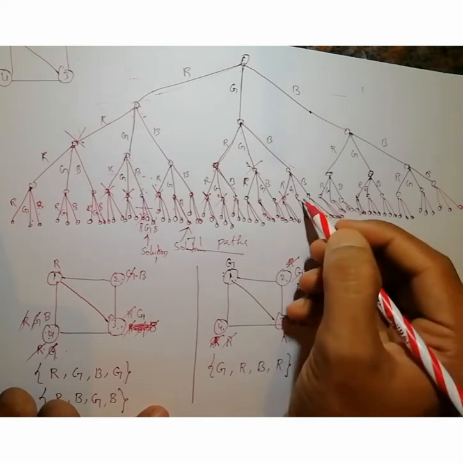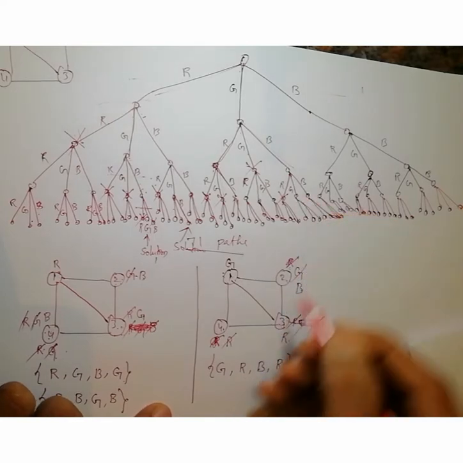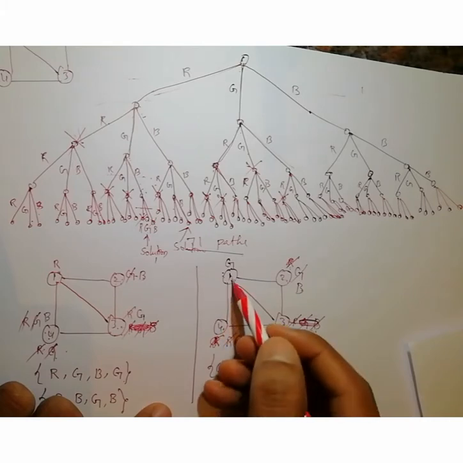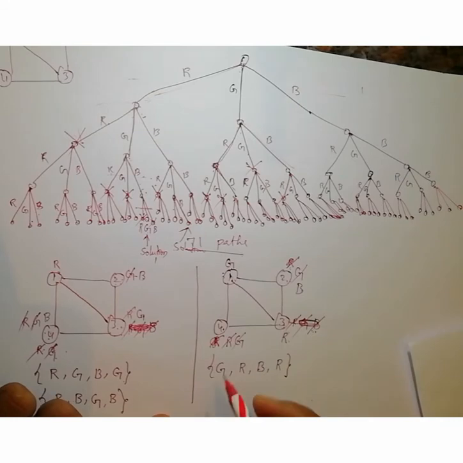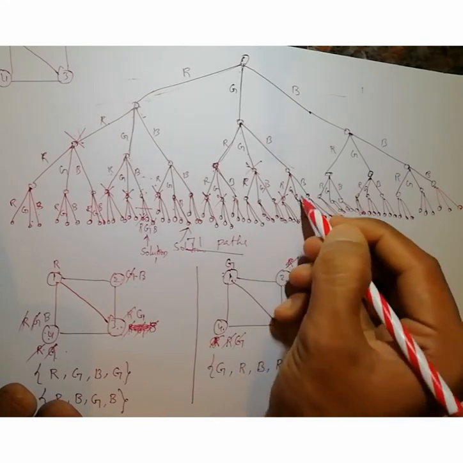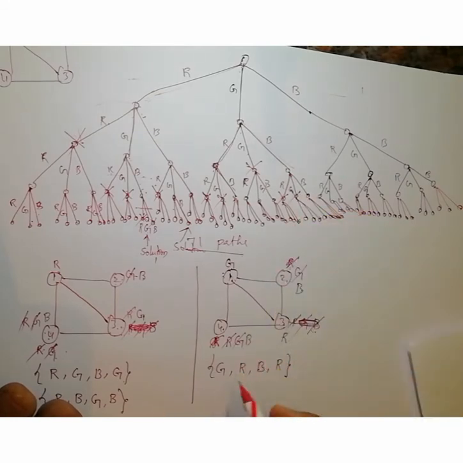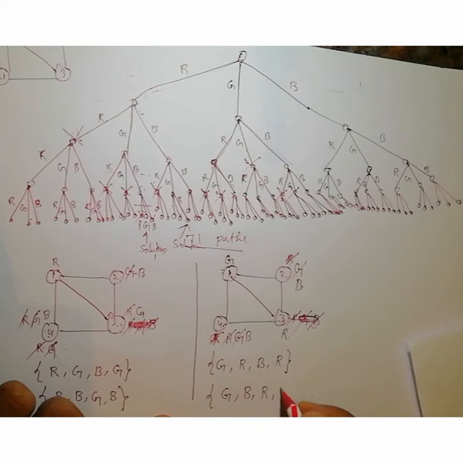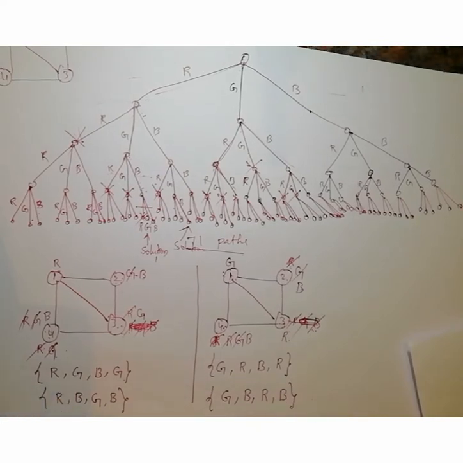Again, can you give green color for the fourth vertex? No, because one of the adjacent vertices of 4 is 1 and that color is already green, so I can't give green color. Again you can kill that green also. Can you give blue color for that? Yes, I can give, because the adjacent vertices of 4 are 1 and 3 with different colors, so I can give blue. So what is the other combination? G, B, R, B. So this is one of the combinations, right?